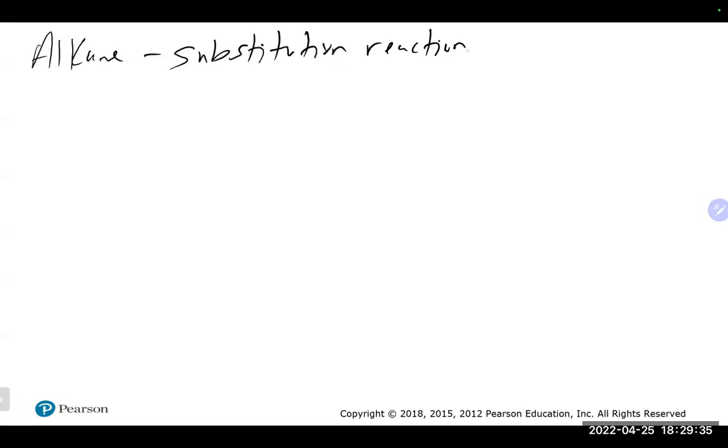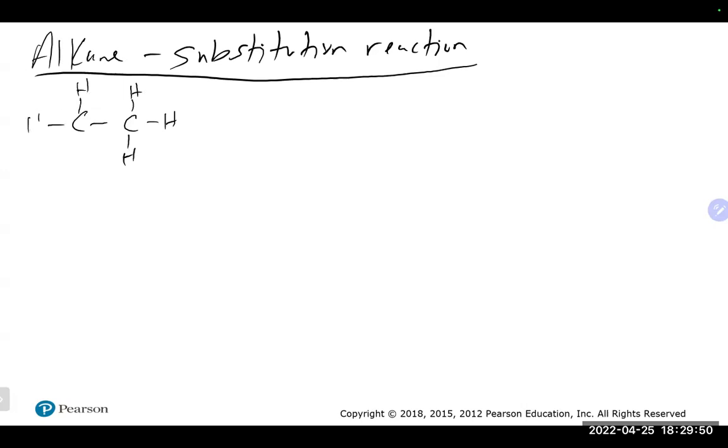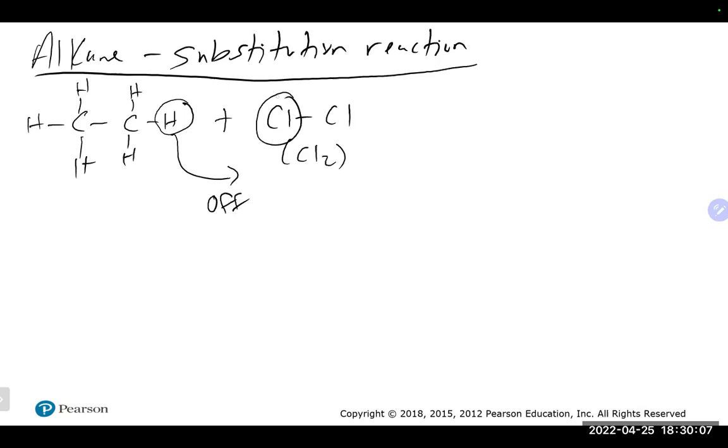So in a substitution reaction, much like the name implies, something comes on and takes the place of somebody else. So they substitute for each other. And what happens usually with alkanes is simply it is a hydrogen that gets substituted. So if you take something like this alkane plus say Cl2, basically what's going to happen is any of these hydrogens you could pick, because they're all basically the same. One will come off, and one of these chlorines will come on in its place.